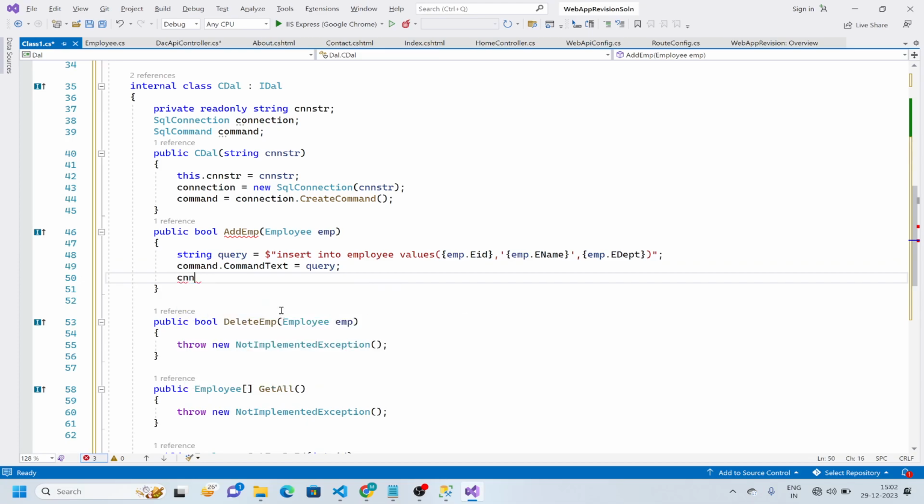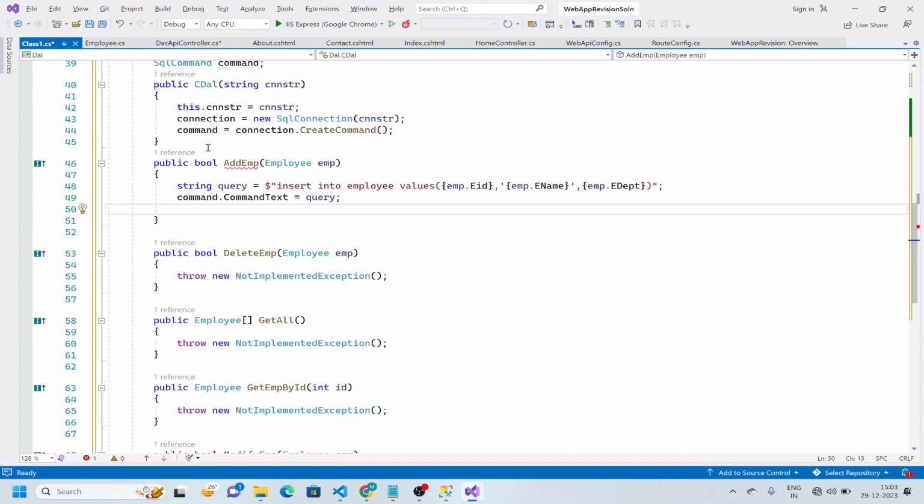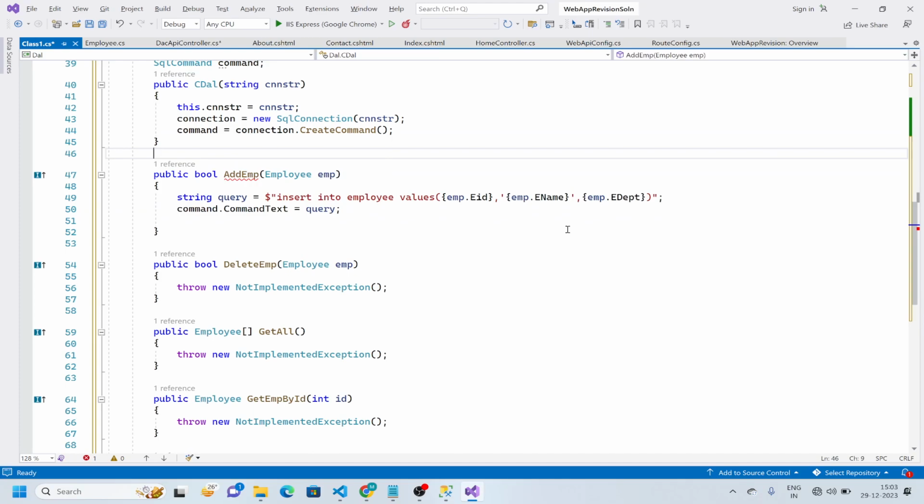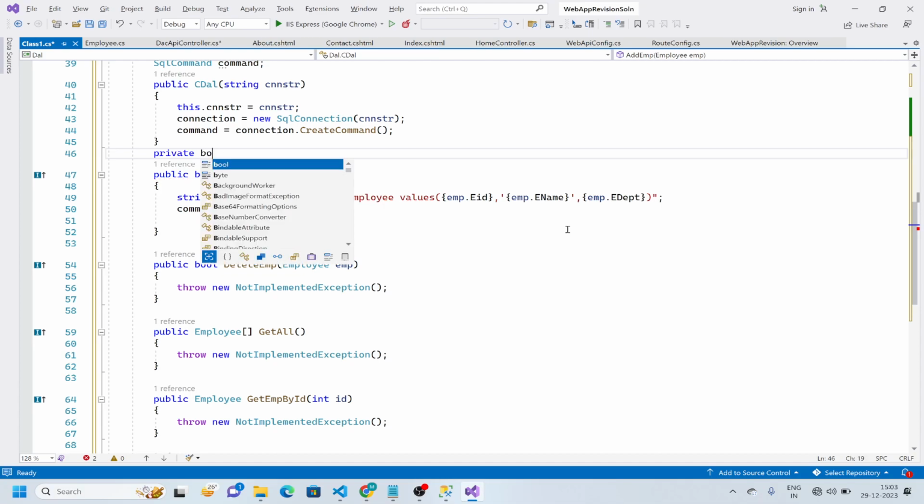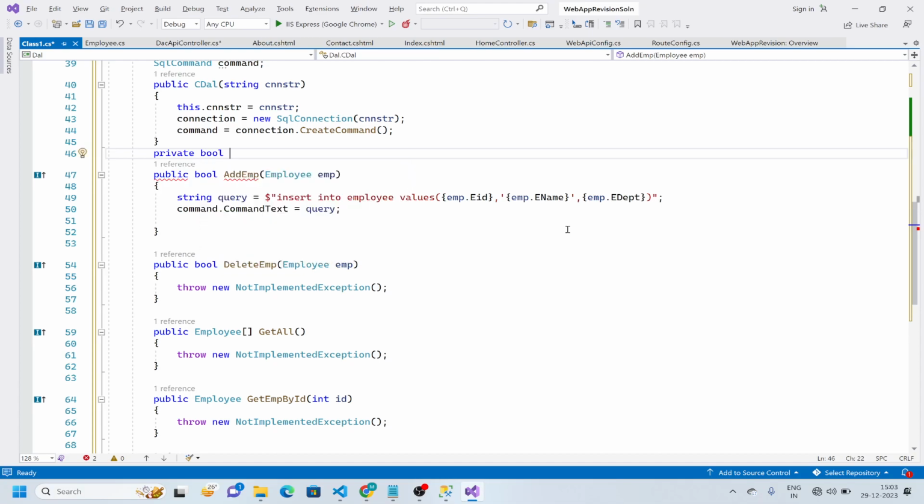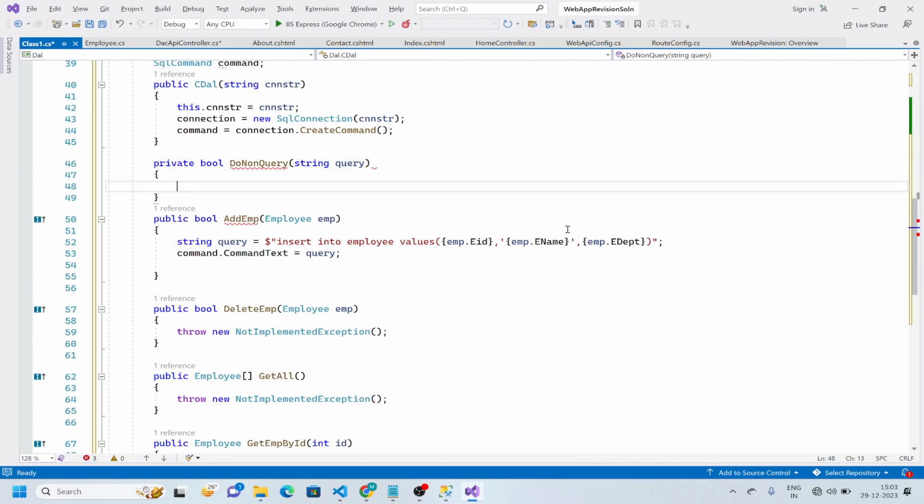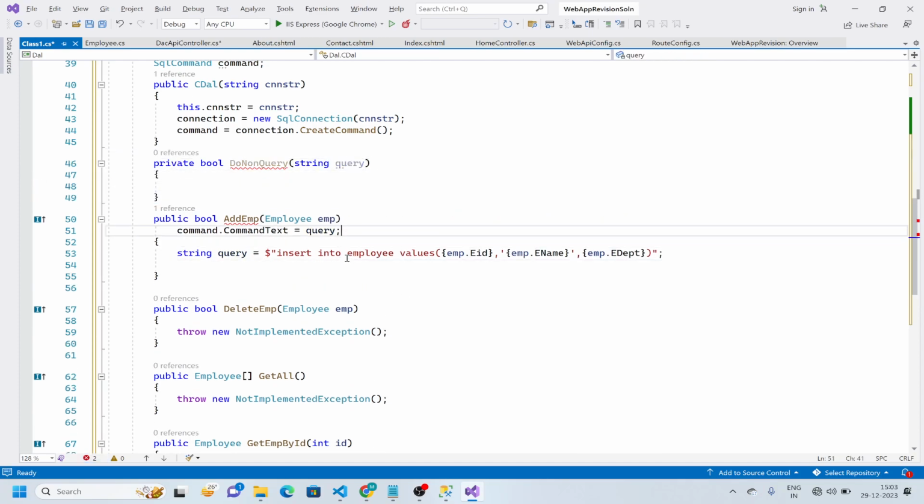And then I'm telling connection dot. Okay. What I'll do is I'll have a private method here. Private bool, where I'll tell they'll do non-query. Did adding something extra confuse you? No, you people are fine. Yes, a lot. So I'll take this query here